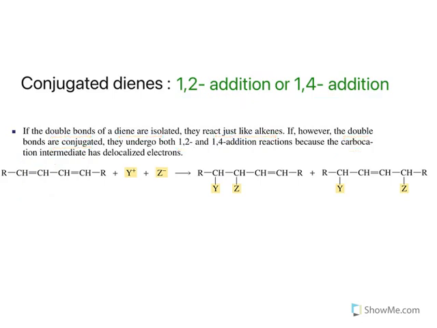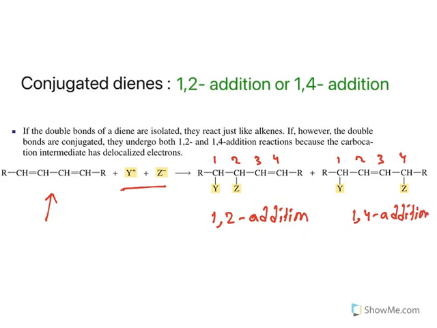Let us understand it again. So this is a conjugated diene. When you use electrophiles, what happens? So see, this is the first carbon, second carbon, third and fourth. First, second, third and fourth. Look at this. This is the 1,2 addition product. That means at first carbon and second carbon addition has occurred. But here it is first and fourth carbon addition product that has occurred. So you may get 1,2 addition product or 1,4 addition product.